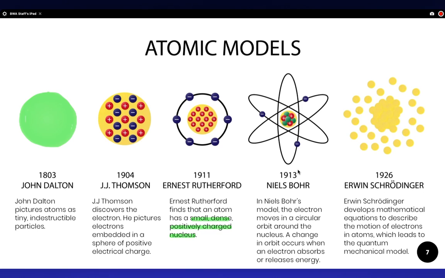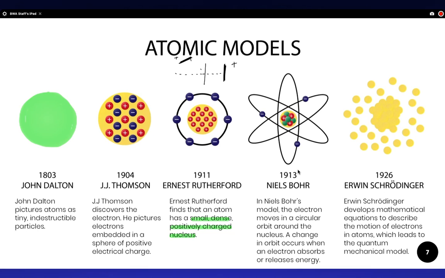So let me just draw a little picture. So he had a proton detector over here. And then here's his very thin piece of gold foil. And over here, he was shooting protons at it. And he found a majority of the protons were actually being detected over here. He had another detector up here, and very few of them, I'll just draw less, actually bounced off of the gold foil. So that proved that there's a lot of empty space inside the atom.